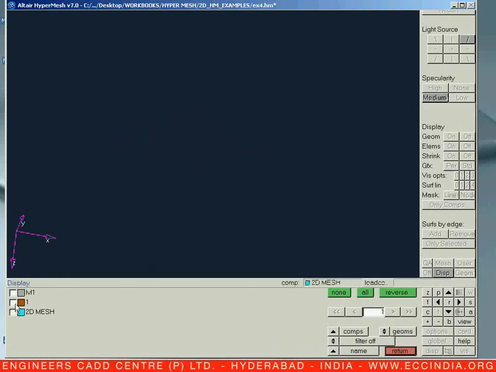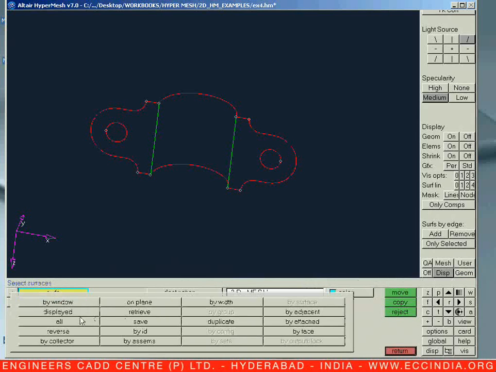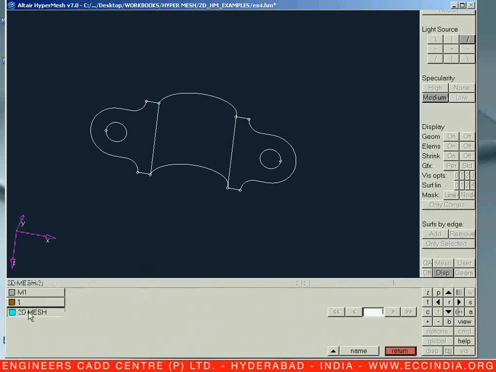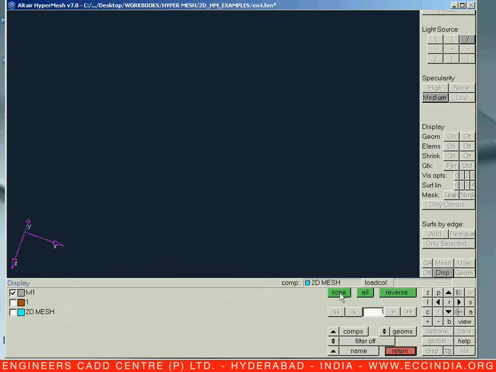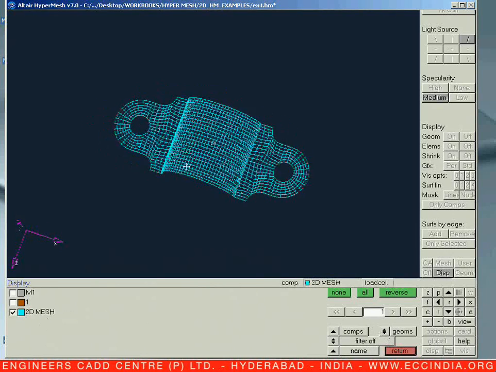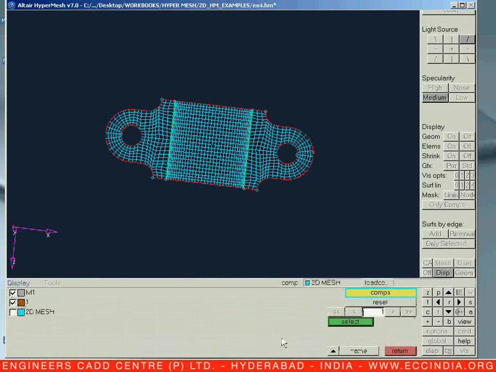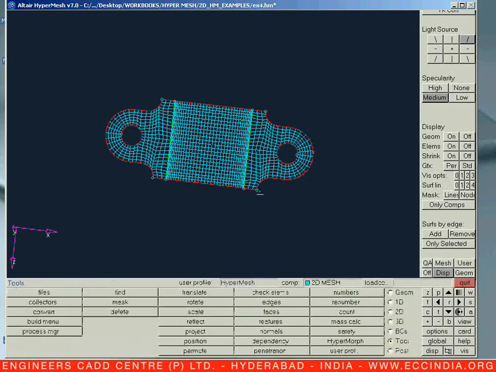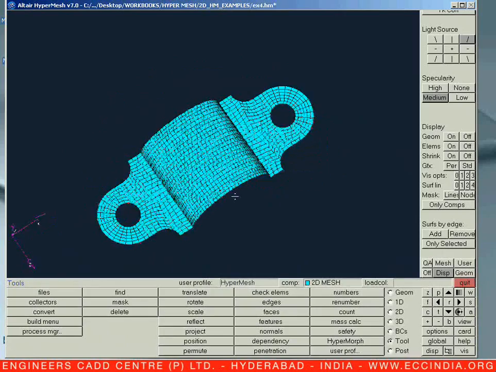Not a single surface, only a surface is in the first one. So let us go for Shift F11, surface, displayed in this particular 2D mesh and just say move. Now let us say display none and again none. Switch on for your elements display, switch on for your surface display. Now it is fine and rest of the two collectors we can delete. So let us keep on F2, composition first second, select, delete your entity. Now all the things are belonging to your one collector,